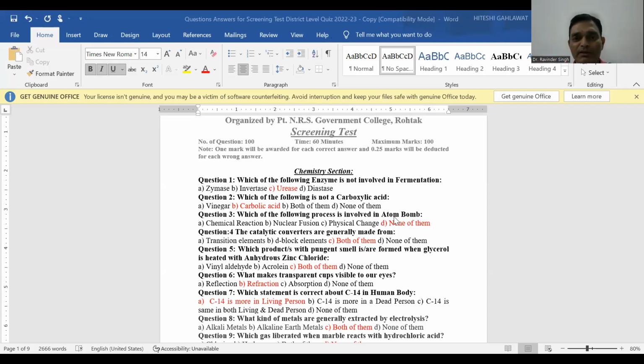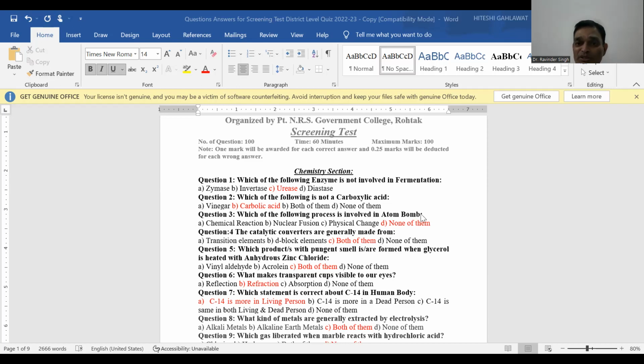तो जो डिफरेंट क्वेश्चंस स्क्रीनिंग राउंड के दौरान बच्चों से पूछे गए, वो आपके साथ अब हम शेयर करेंगे वेरी फास्ट। तो क्वेश्चन नंबर 1, विच ऑफ द फॉलोइंग एंजाइम इज नॉट इन्वॉल्व इन द फर्मेंटेशन? द आंसर इज यूरिएज। विच ऑफ द फॉलोइंग इज नॉट ए कार्बोक्सिलिक एसिड? अमंग दीज, आप सभी स्टूडेंट ध्यान से सभी ऑप्शन को देखते जाना, क्योंकि हम ज्यादा लंबा समय नहीं लेंगे, हम साथ के साथ उसके जवाब आपको बताते चले जाएंगे। क्वेश्चन नंबर 2, दैट इज द कार्बोलिक एसिड, जो कि फिनोल का दूसरा नाम होता है।